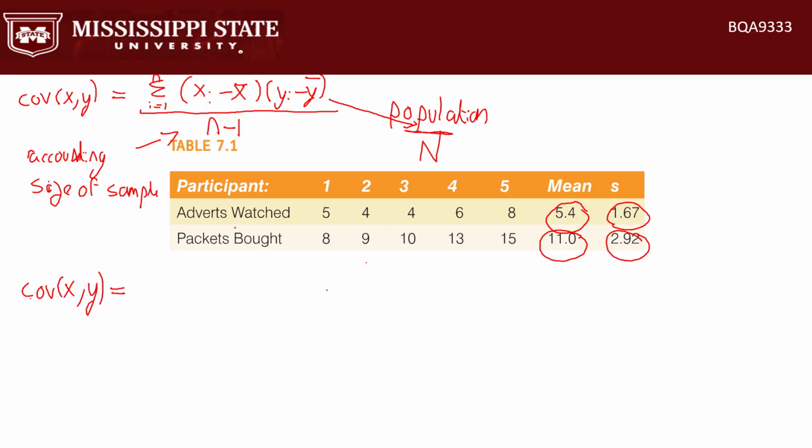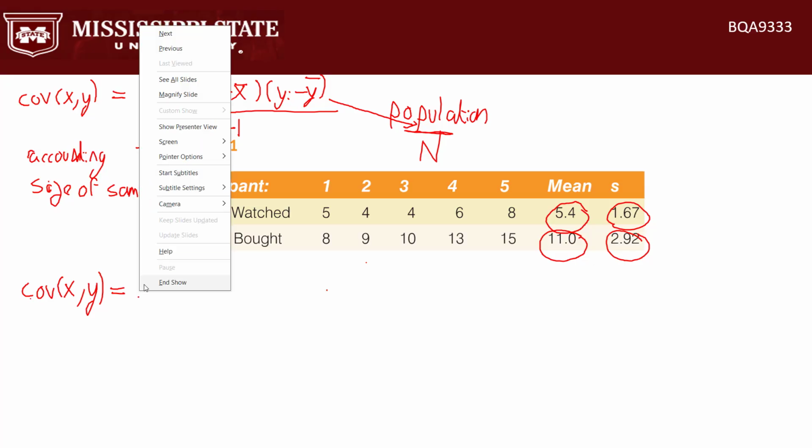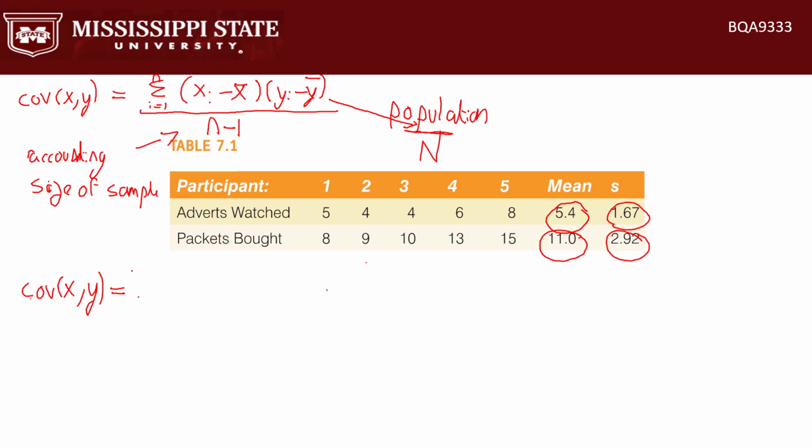So this is 5 minus 5.4, which is minus 0.4, times y minus the mean of y. So that's 8 minus 11, which is minus 3, plus 4 minus 5.4, which is minus 1.4,